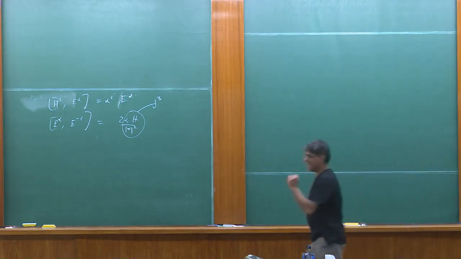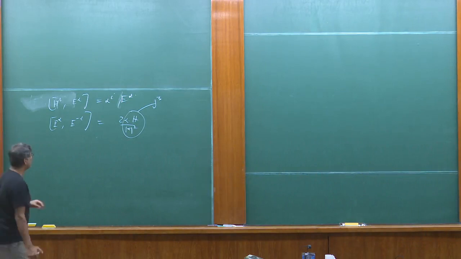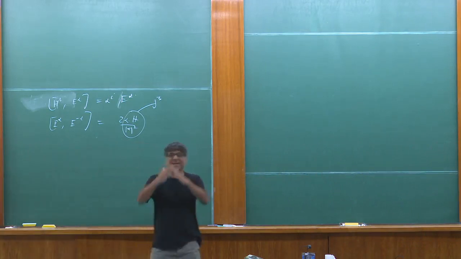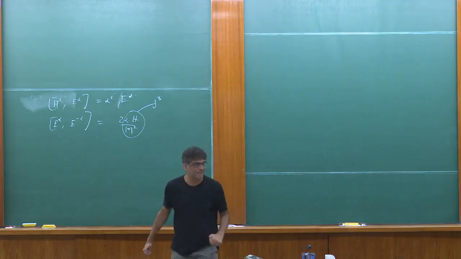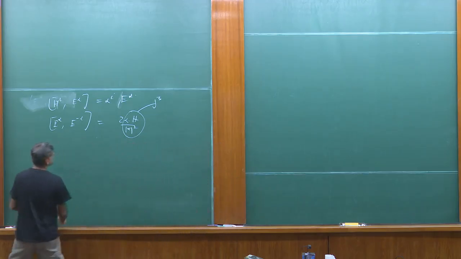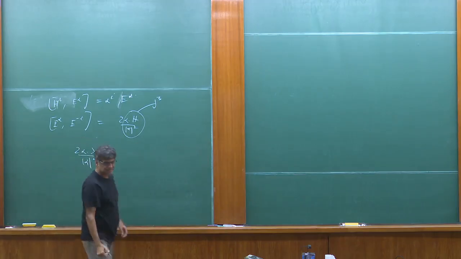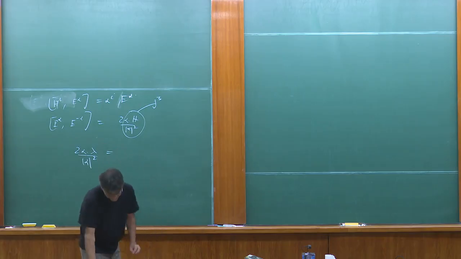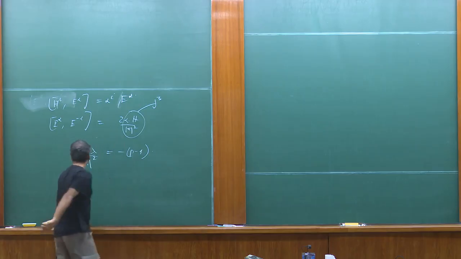From that we concluded that for any weight, where a weight is an eigenvalue under H for any representation vector, 2 alpha dot lambda divided by mod alpha squared is equal to, using the notation we used last time, minus of P minus Q, where